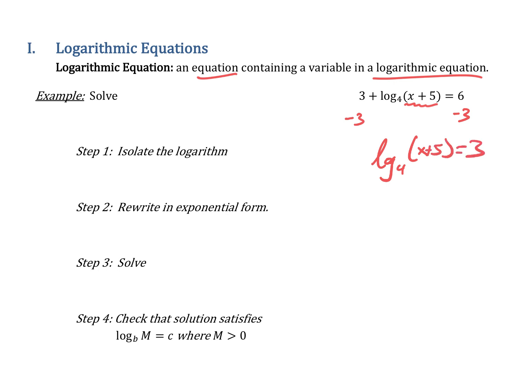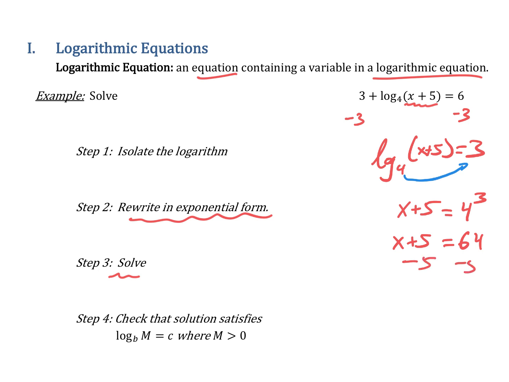Now we want to change this into exponential form. That means we take the base and swing it around, and we rewrite this as 4 to the third equals the stuff that's inside the log, x plus 5. And what is 4 to the third? That's something we should be able to figure out: 4 times 4 times 4, that's 64. And then the last step is just to solve. Subtract 5, and so x is